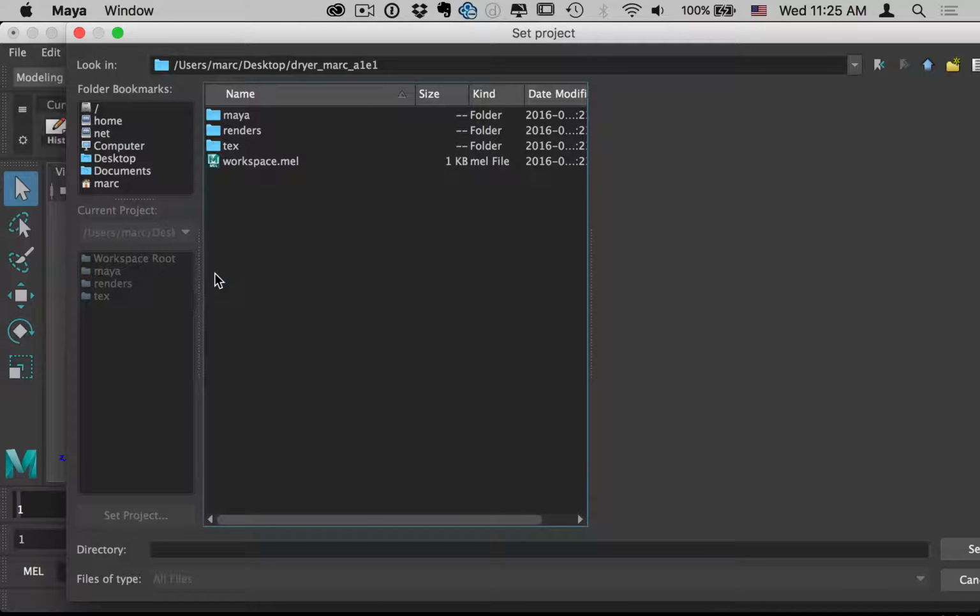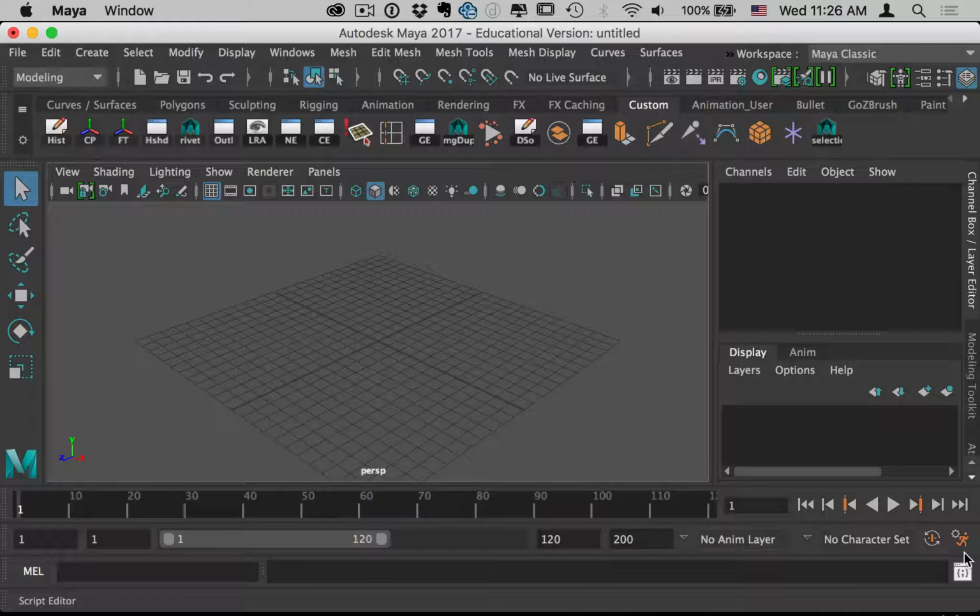If I look in this folder, you see there's a thing called a workspace file. Don't worry about what that is, but you know that the folder that contains that thing is your project folder. So when it asks you to set your project, you want to have the folder that contains that workspace file. So I can just say set now. And now if I go to open,